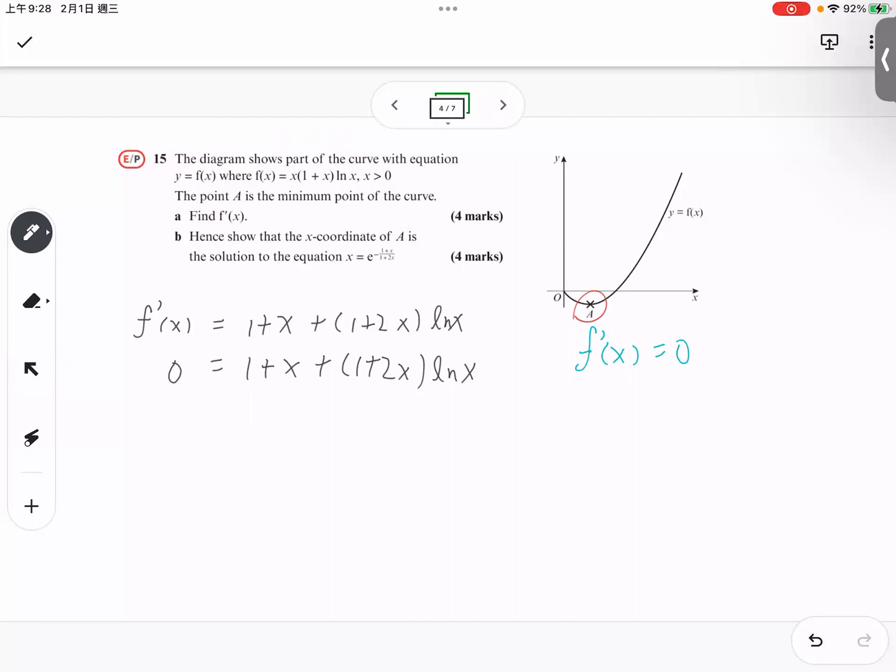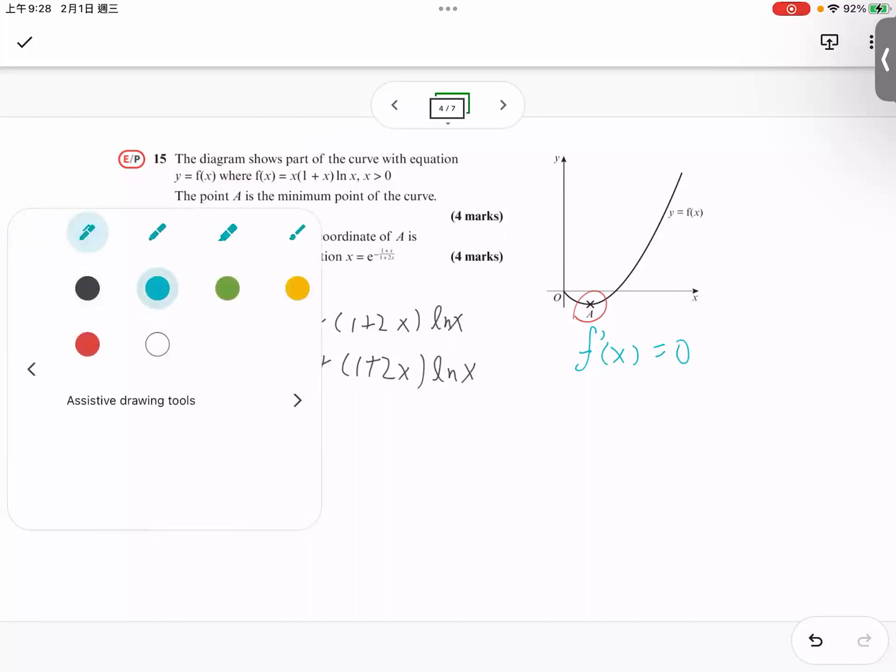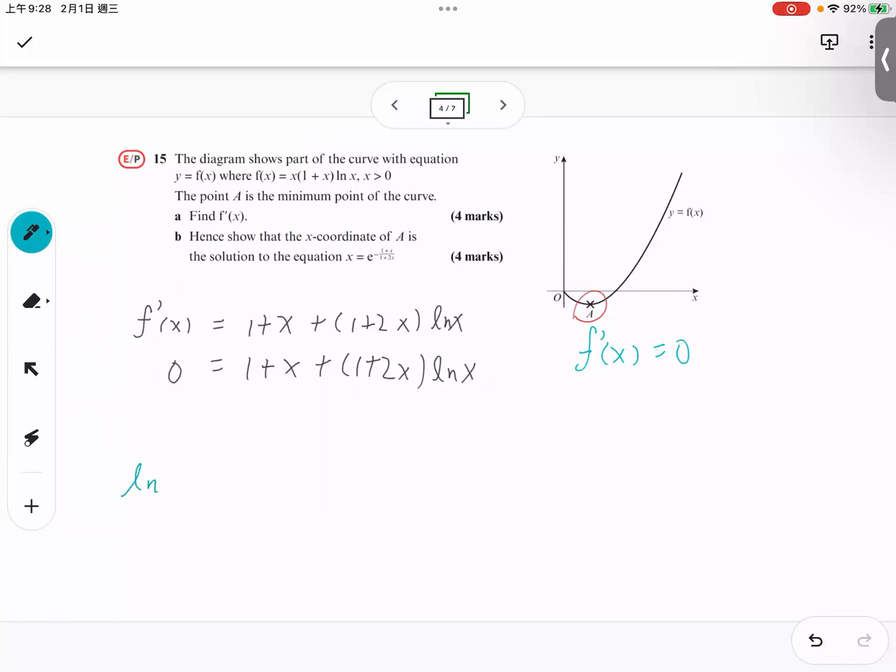First of all, let's look at the equation carefully. If I want to make x equal to the exponential of something, you will see from this equation that we cannot see the natural log again. That means we cannot see the logarithm once again. So how can we move away all the natural logs? If I want to move away the natural log, I must make the left-hand side be log of something,